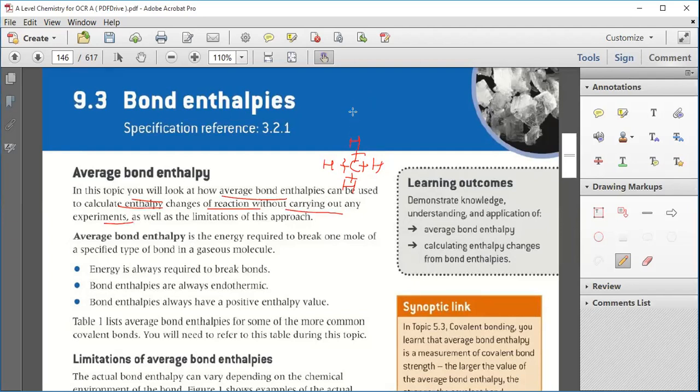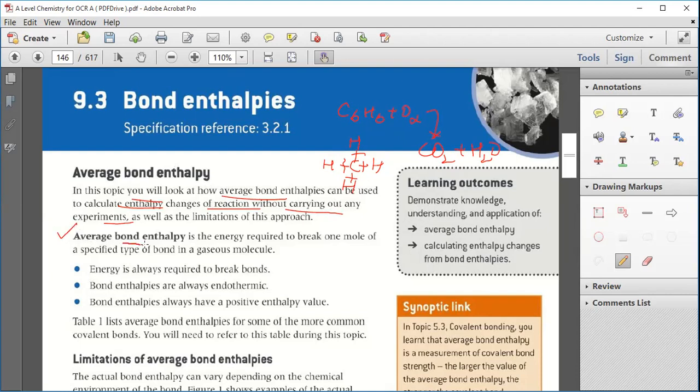Now suppose I say C6H6 plus O2 gives you CO2 plus H2O. Now in this, bonds are breaking and new bonds are forming. Whenever bonds are breaking, some amount of energy is required, and whenever bonds are forming, some amount of energy is released. So that whole calculation is helpful in getting the enthalpy change in a reaction.